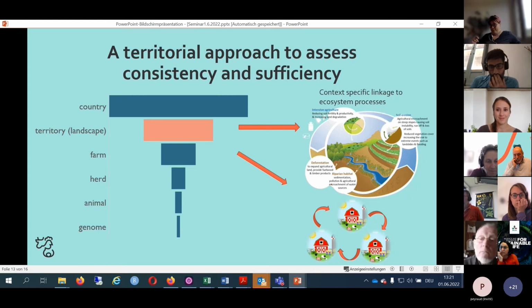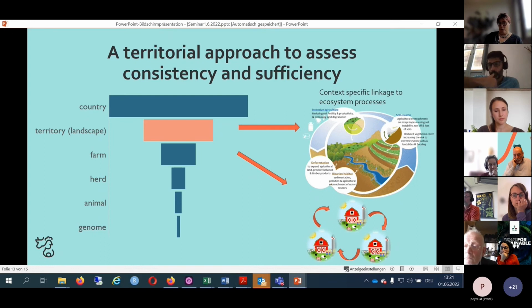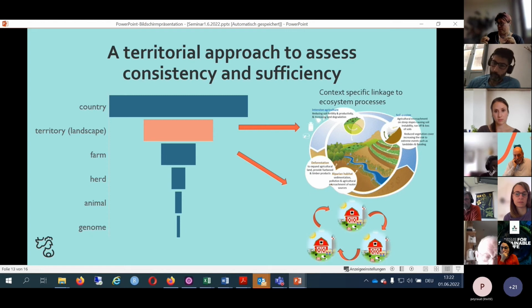If you work on these higher scales, obviously you need to trade in levels of detail. So we're going to start off with a model that uses Eurostat and FADN data and start from there, and then look at how and if we can bring in specific information from the regions. That's something that is currently very much in debate in Task 3.1: how are we able to link the farming systems, and Leia is smiling, to this geographical